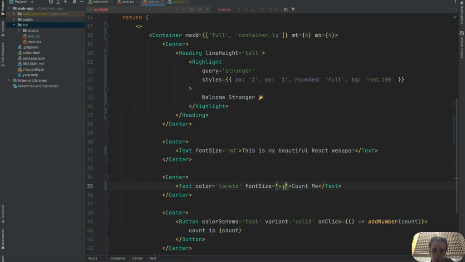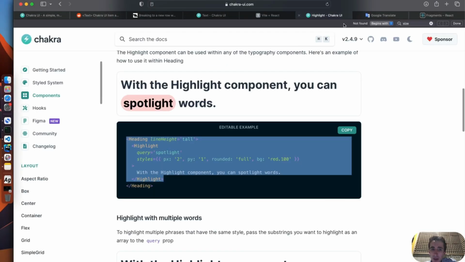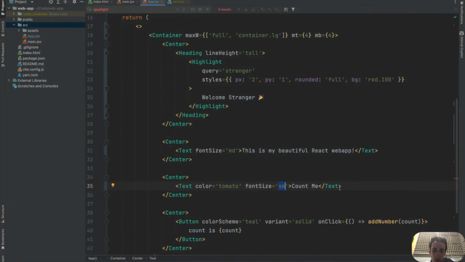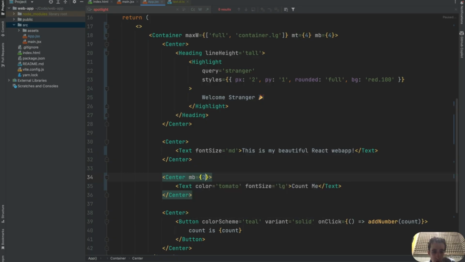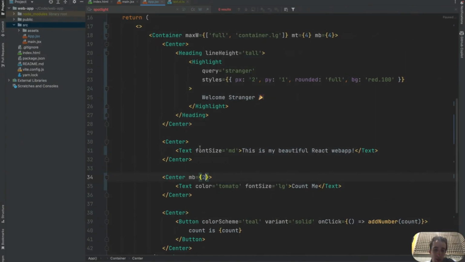I will maybe large. Maybe I will have a large one. If I go back to the text sizes, extra large, medium, large. Let's do LG for large. And here I will probably do margin bottom of 2. Yes, you see, and maybe does it,